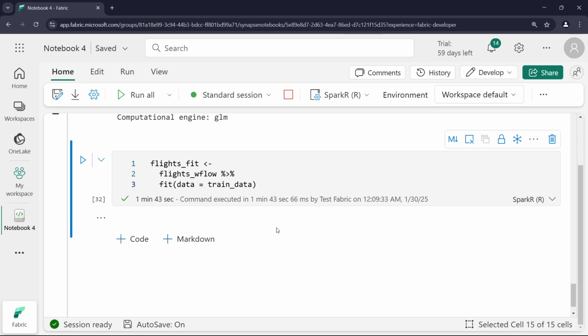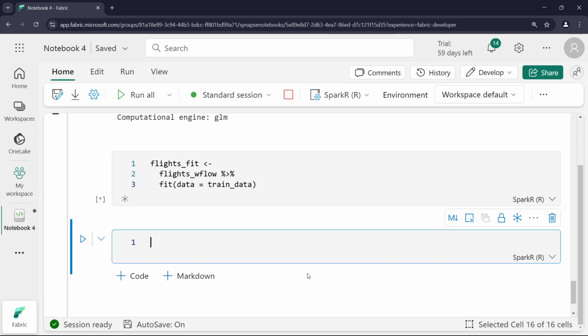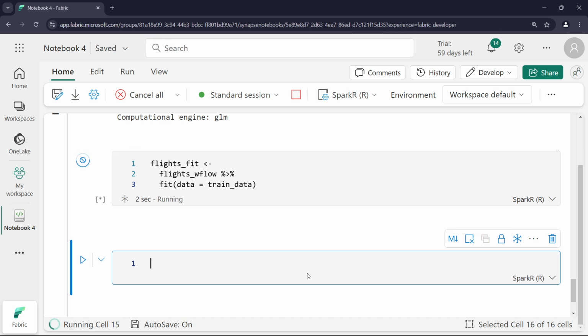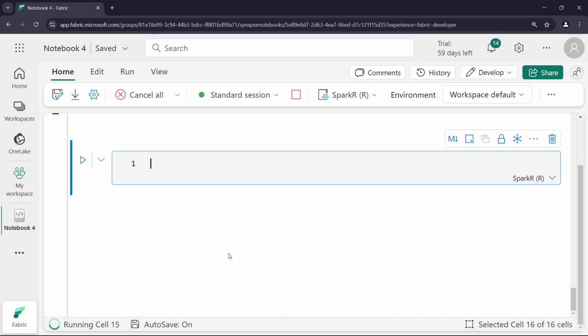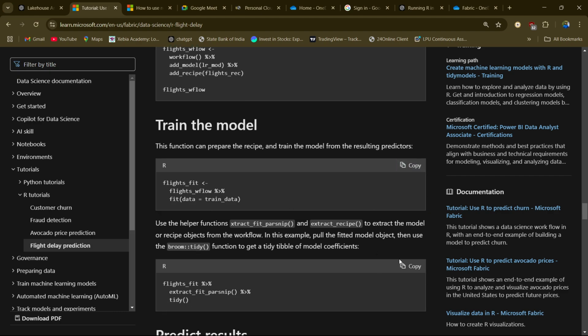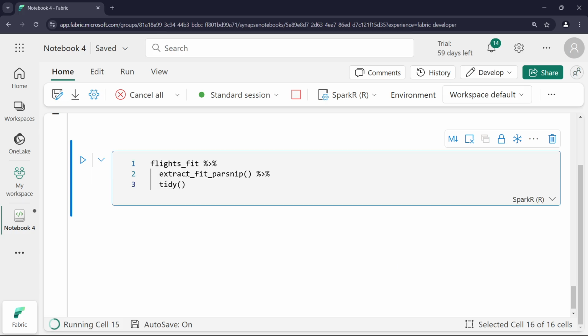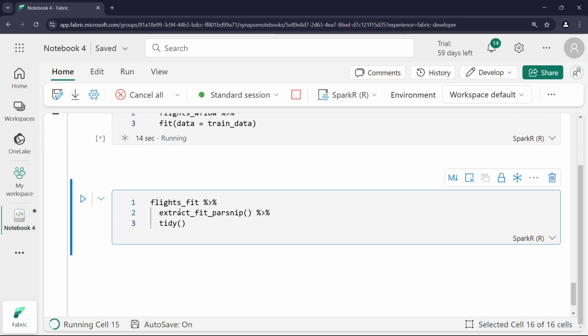So next we'll use the helper functions, extract fit parsnip and extract recipe, to extract the model or recipe object from the workflow. So in this example, we'll pull the fitted model object, then use the broom tidy function to get a tidy table of the model coefficients. So let's create a new cell and you need to write the code from here. You can copy the code from here and